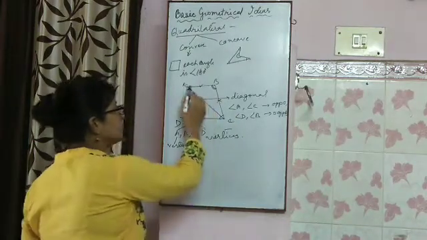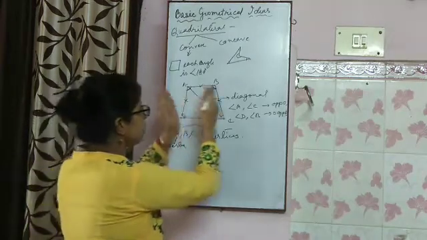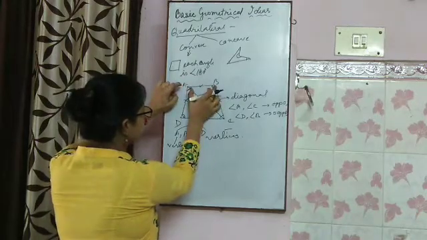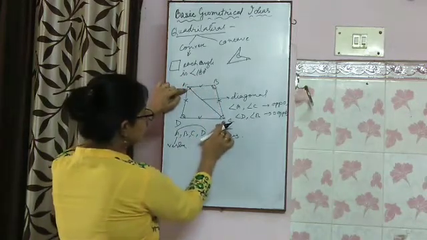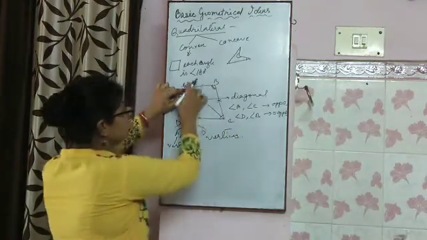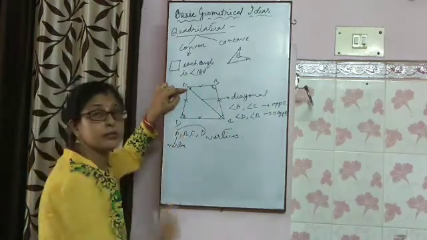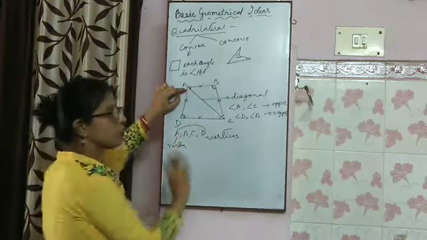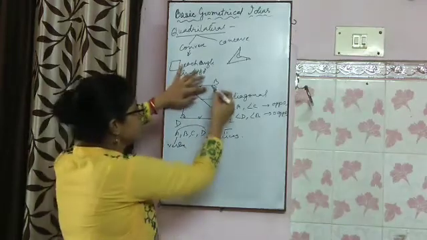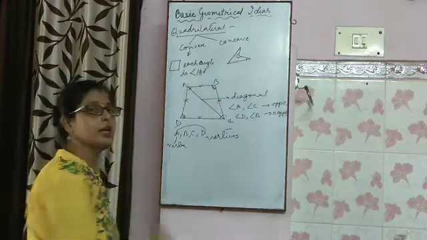Now we will see the adjacent angles. Adjacent means just near to the other angle. Angle A and B just near to each other, so they two are adjacent angles. But A and C are not near to each other. For getting C, we need to cross B, then we will get C. So in between A and C there is a B, and if we come this way, then there comes D. So A and C are not adjacent angles, they are opposite angles. But A and B are adjacent angles, B and C are adjacent angles, C, D adjacent, D, A adjacent.